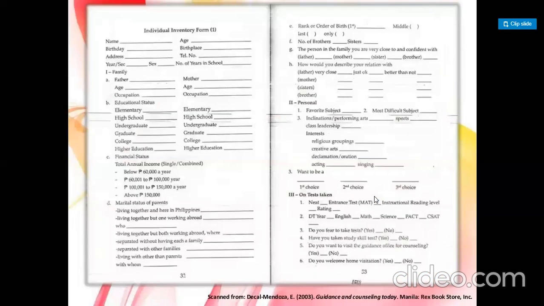Okay, so this is an example of the student individual inventory. This is scanned from Decal E. Mendoza, 2003, from the Guidance and Counseling Today. So this is an example of SII. You can see there the personal information, the family background, the educational background, where he or she attended elementary, high school, undergrad, or graduate,